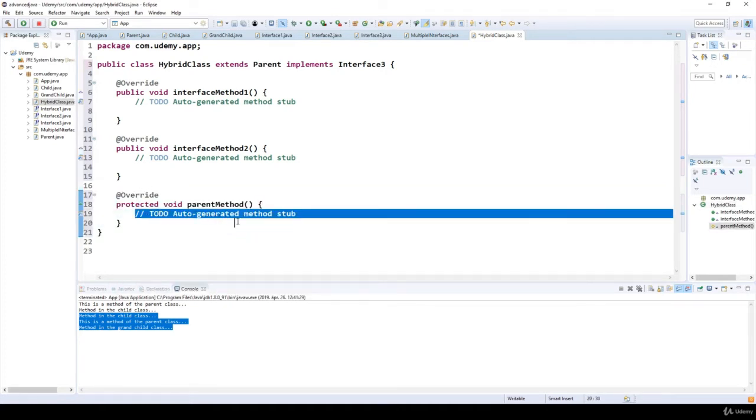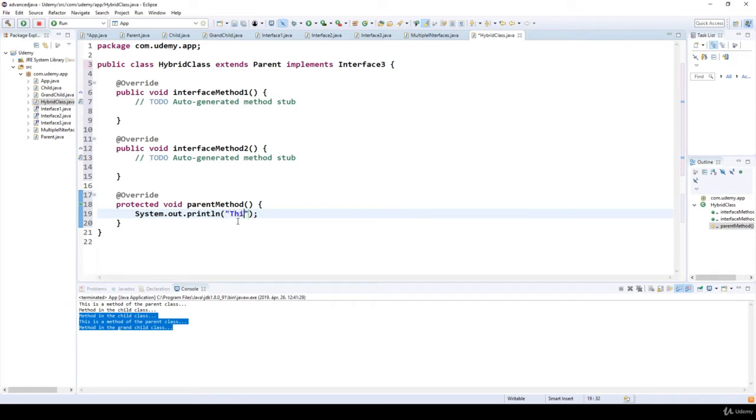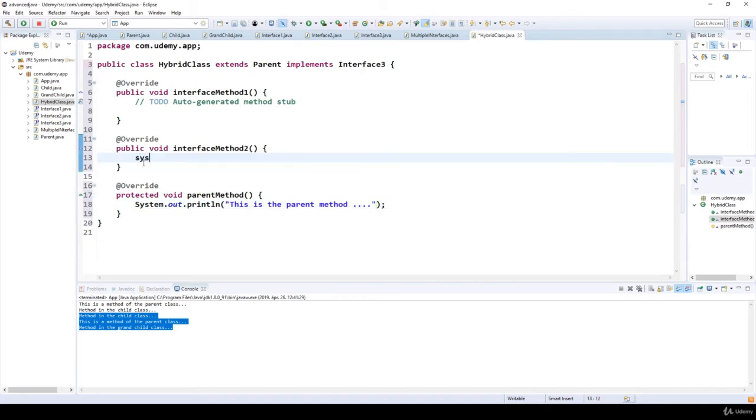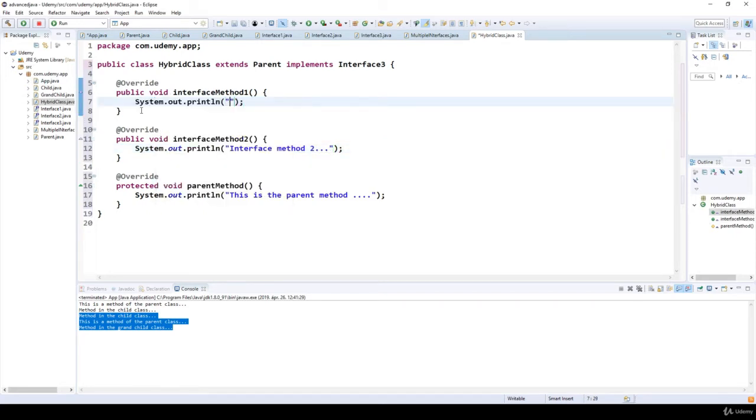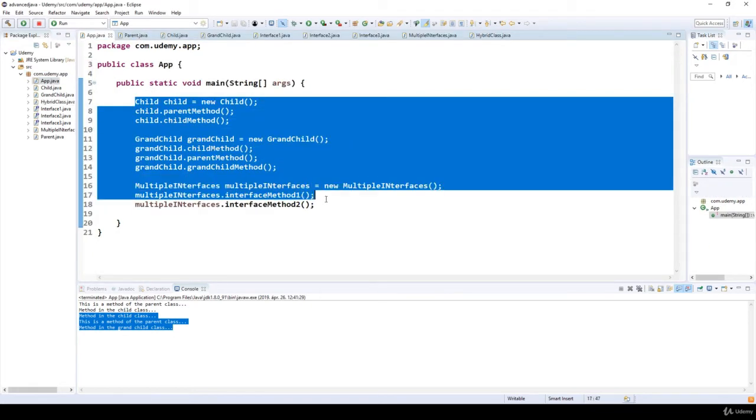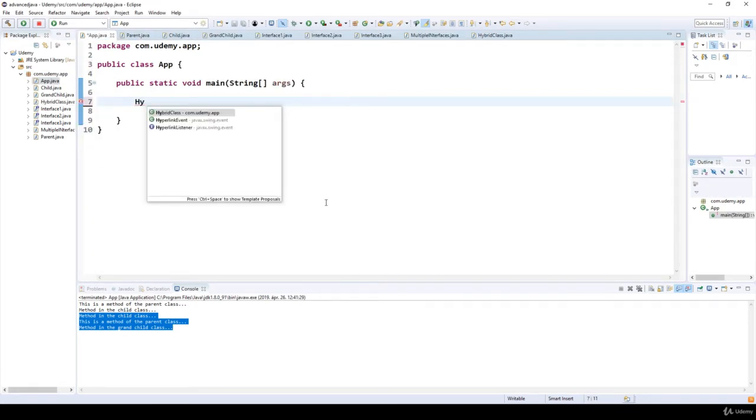So I'm going to print out that this is the parent method. Okay, here we print out that interface method 2, and here we print out that interface method 1. Okay, so if I save it and in the application I instantiate a hybrid class,